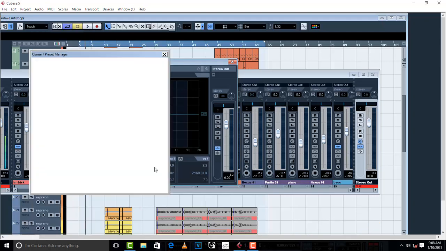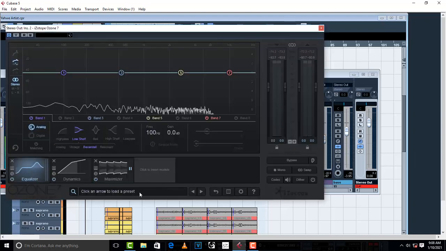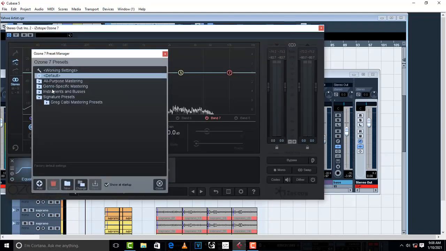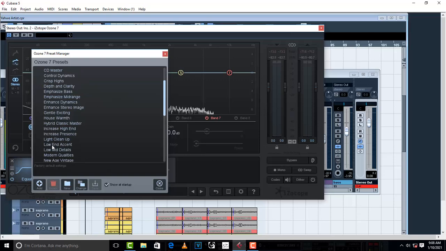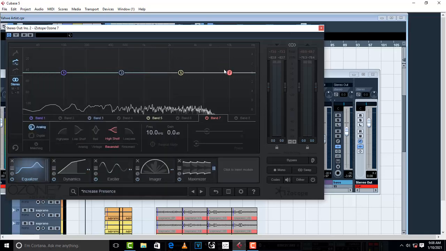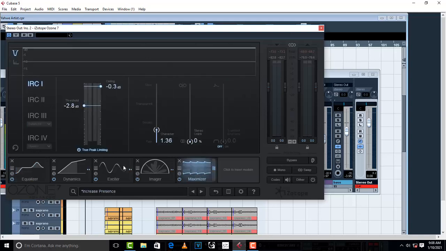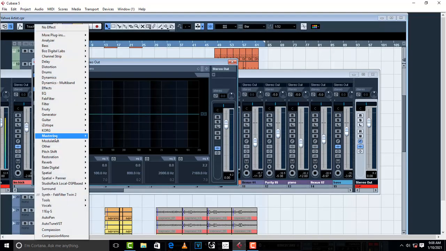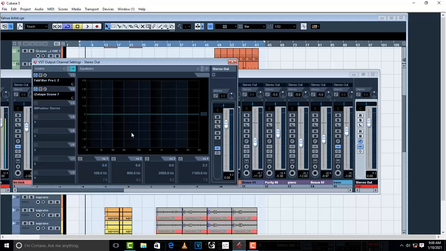I'm just gonna add in a preset called Increase Presence, this effect, and then I'm going to just drop that. Then I'm gonna use maximizer, and my volume is gonna be on -5. Then I'm gonna go to mastering again. I'm gonna pick I Am Pusher Stereo, and then with this one I am going to